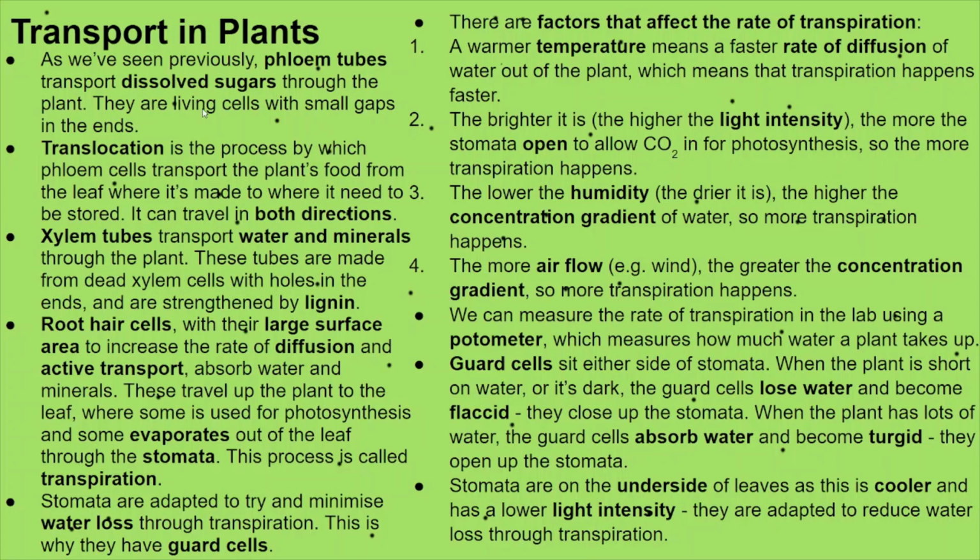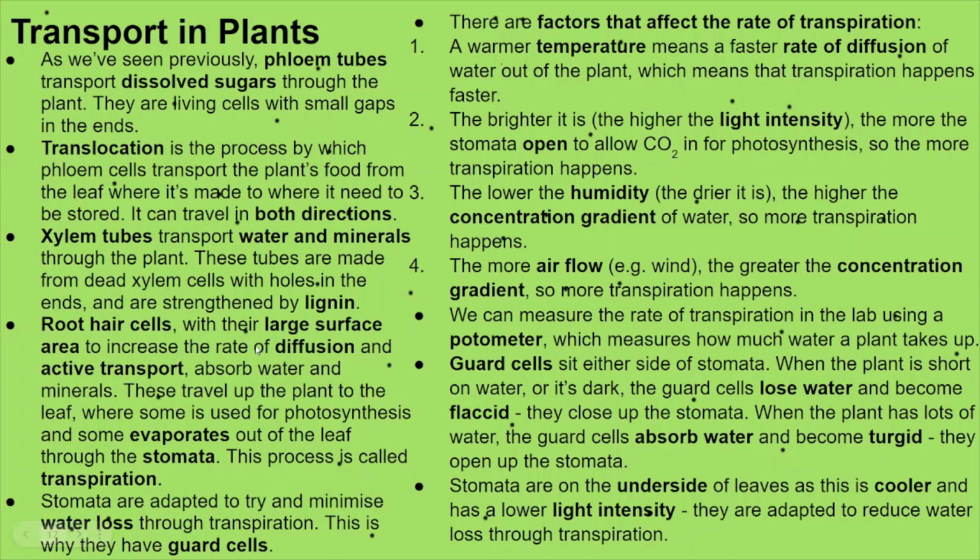They are living cells with small gaps in the end. That's their structure. And this process by which they transport the plant's food from the leaf to where it needs to be stored, this is called translocation, and it happens in both directions. That's important to remember. Now, xylem tubes transport the water and minerals from the root hair cells, which have